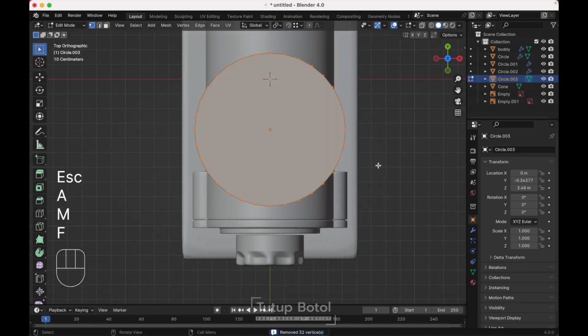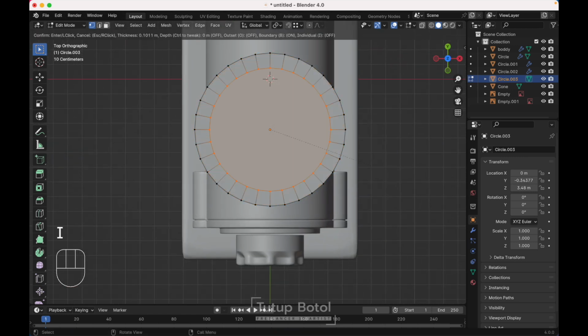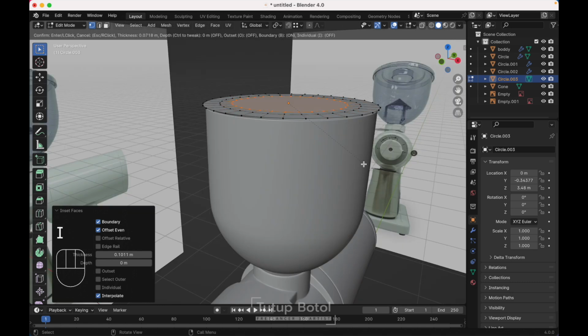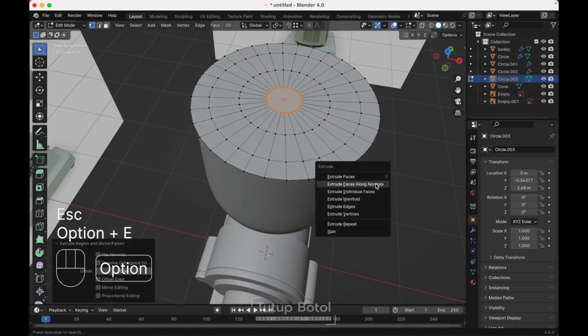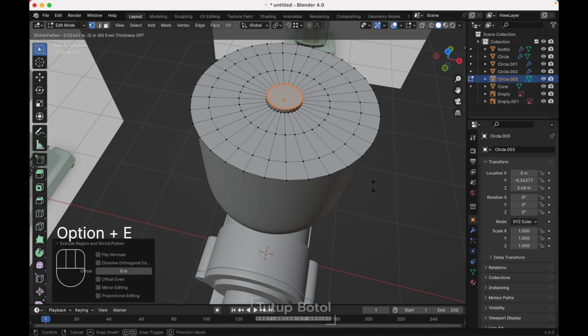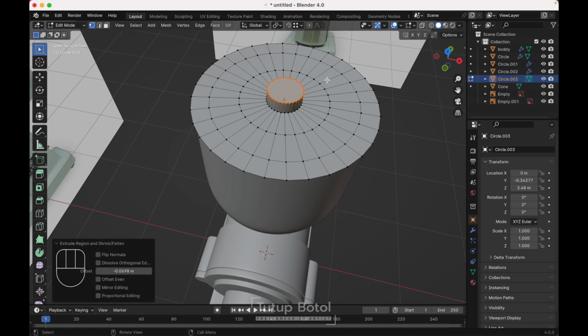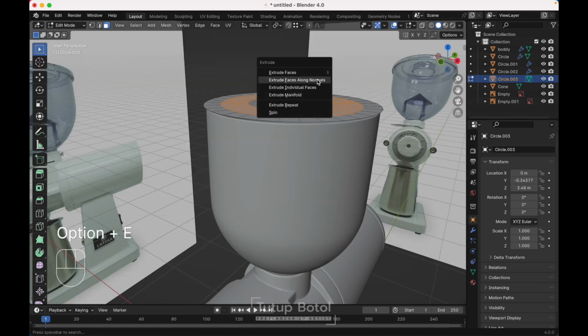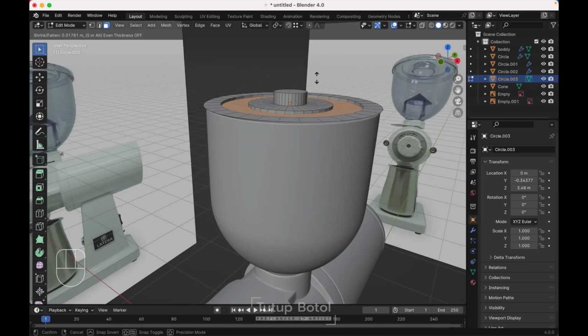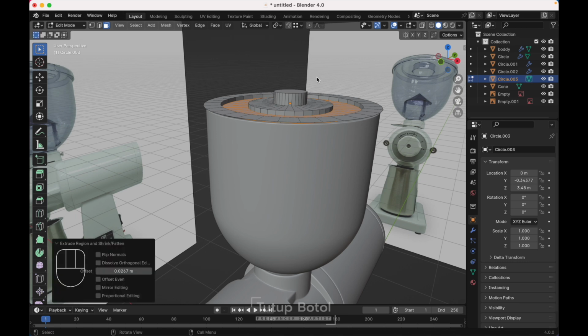Top view, press F to fill everything, I to insert, slide this, and press I again to insert again, slide this, press I again, insert like this. Alt E, extrude face along normal, extrude it here, and press 3 on your keyboard. Select all this face, press Alt E, extrude face along normal, extrude it down here, slide this,